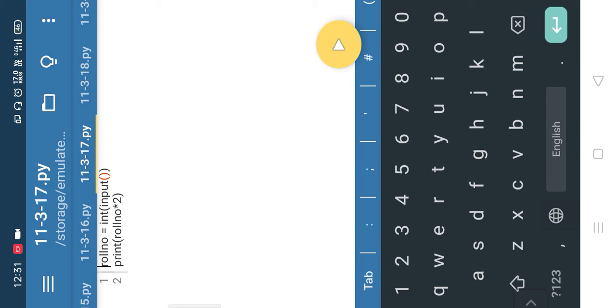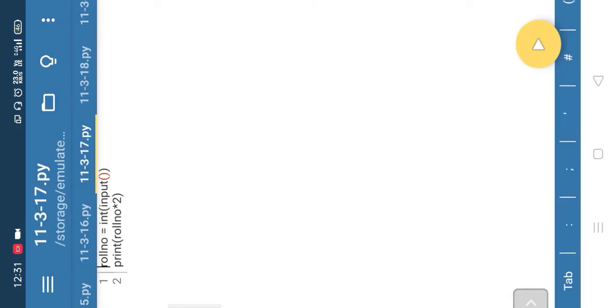Now let's move. So suppose now I have entered 10 here. So the output is 20 now. Okay, so in this case, output is 20. So now it works as an integer. ठीक है, तो आपको ये देखना है कि जो हमारा इंटीजर यानी int फंक्शन है, उसमें जो इनपुट पास करवा रहे हैं, वो क्या है, वो आपके इनपुट फंक्शन का आउटपुट पास करवा रहे हैं, है ना। तो यहाँ पर you have to do some things, है ना,